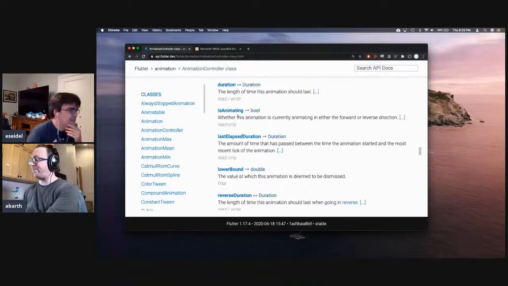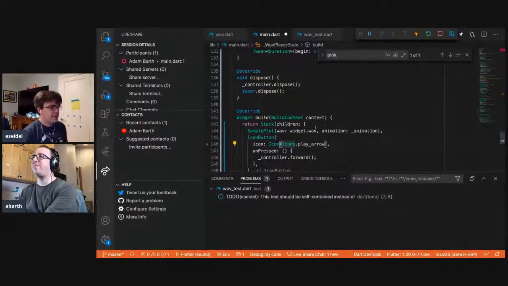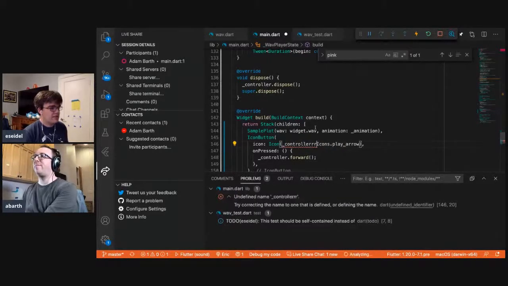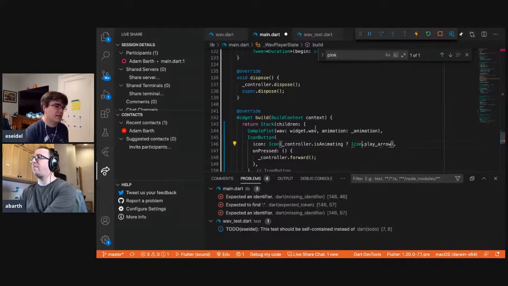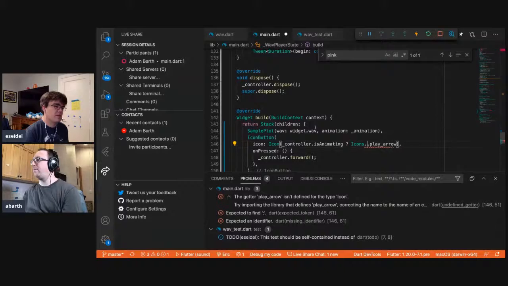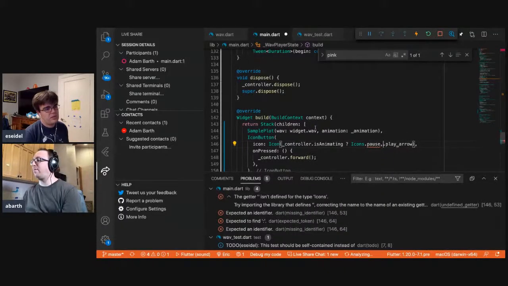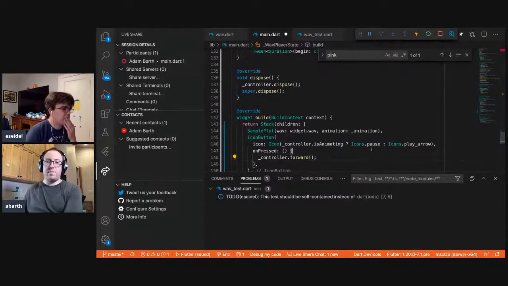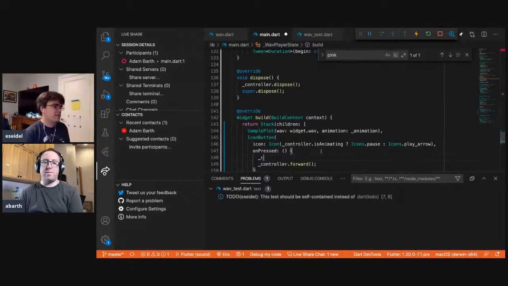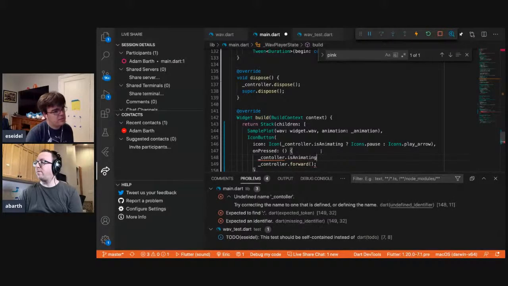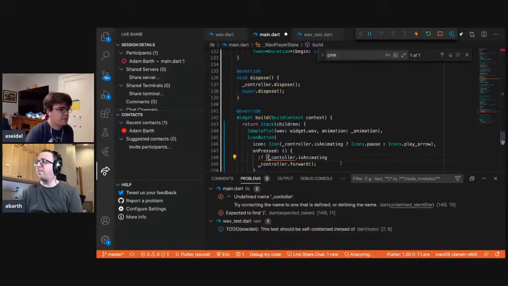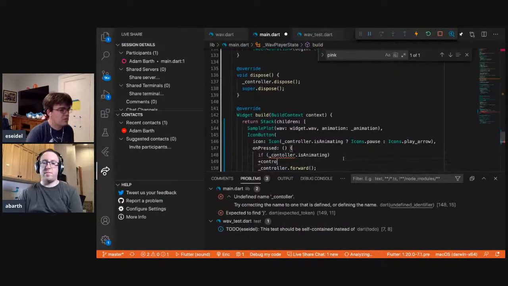But I think you're exactly right. Is animating right there. That's what we want. So we want controller that is animating, and then we want icons that paused, pause, or icons dot arrow. That looks reasonable. And then controller dot is animating, and then if the controller is animating, we want controller